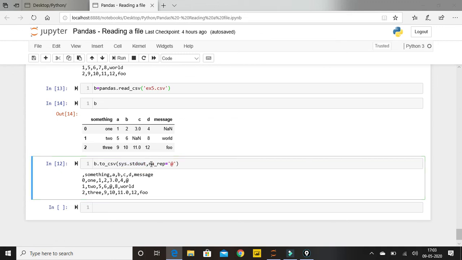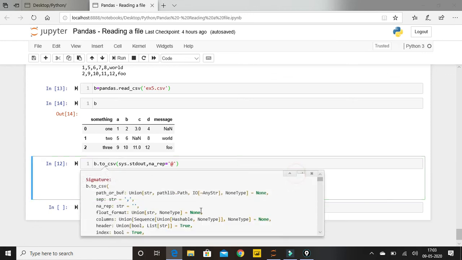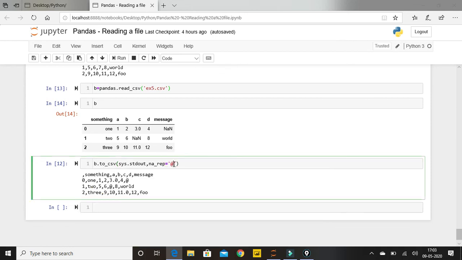Then what I'll give is na_rep. Yeah, NA representation, this is the full form of this parameter. If you want, you can see it by pressing Shift and Tab, and you'll be able to find na_rep over here. You just need to search. Yeah, you will be able to find it over here at the top. So what I have given, this NA representation will now be at the rate. So wherever it finds null values or NaN values, it will convert them to at the rate. So this also we can do.